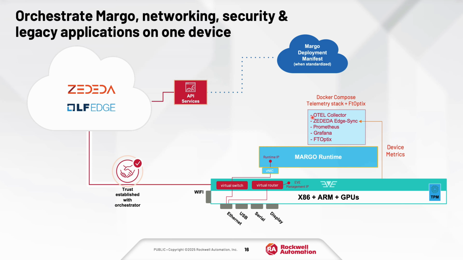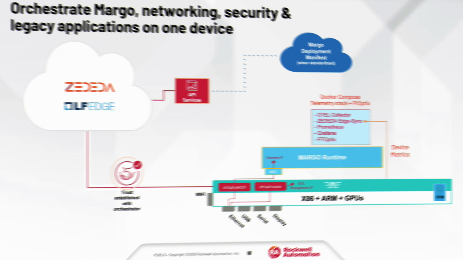So we'll start by deploying a Docker Compose application that will include the FT Optics, and will include a telemetry stack. So to include an OpenTelemetry collector, plus the Zedida telemetry aggregation. So the device will report telemetry into Zedida edge sync. And the collector will then export and expose into the Prometheus database, and the Grafana will show some predefined dashboards. And the Optics will also expose the metrics in OTel, and OTel will also expose a scraper